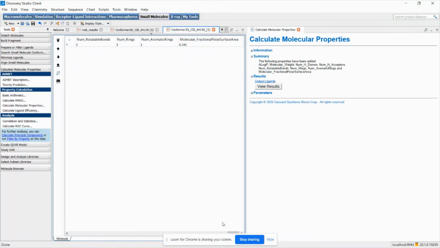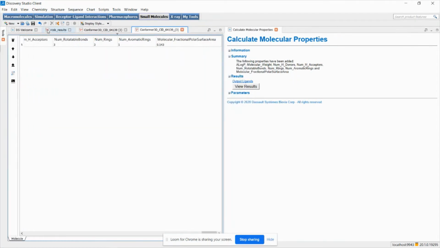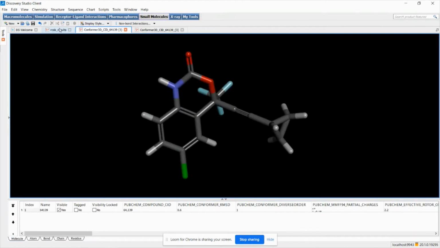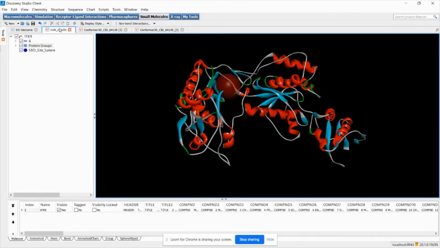So this is the complete data which I am getting. Number of aromatic rings, number of rotatable bonds. Number of hydrogen bond acceptors, number of hydrogen bond donors. So this is fundamental, like molecular weight. This type of analysis is performed by using the Lipinski filter or Weber filters before using in docking.